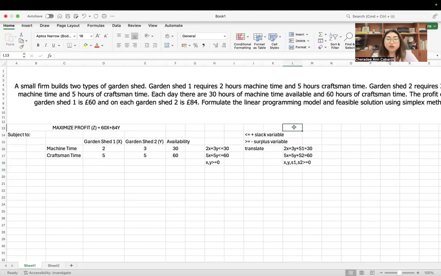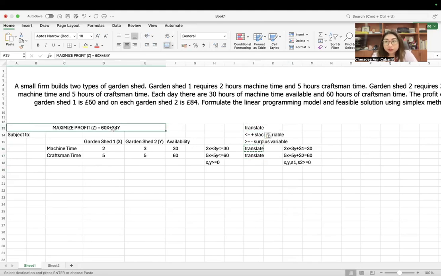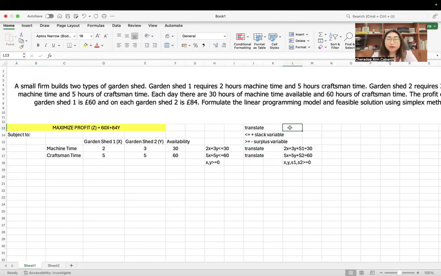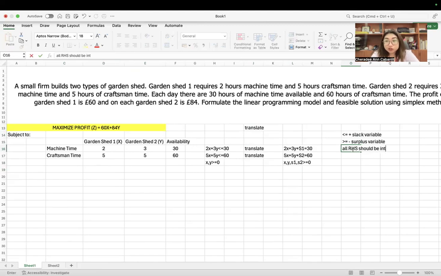And of course, don't forget to translate as well your objective function. All right-hand side values should be integers, so we will move the 60x and 84y to the left-hand side.